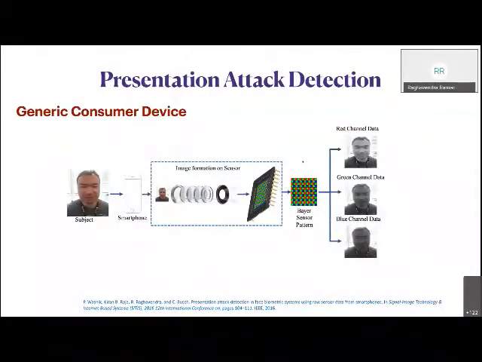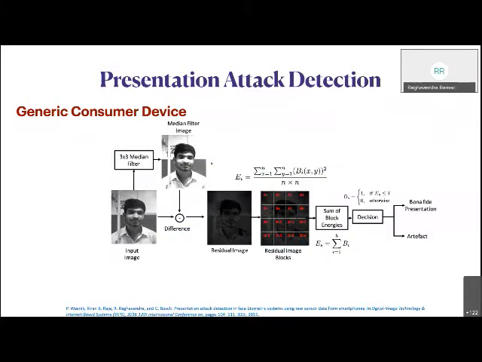So what we do is we use an Android smartphone for this experiment. We have this imaging sensor. We look for the Bayer sensor pattern, which is straight away on the imaging sensor. And then we extract 3 different channels: the red channel, the green channel, and the blue channel. Once we extract these 3 channels, we can notice that there is some scattered noise around. So we try to see that this noise may be different for the artifact due to the characteristics of the material, and it may be different for the bona fide. So we simply try